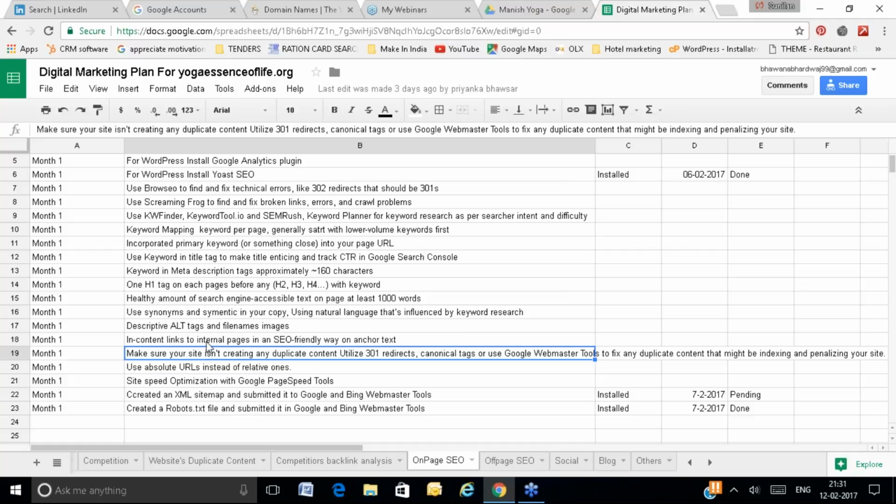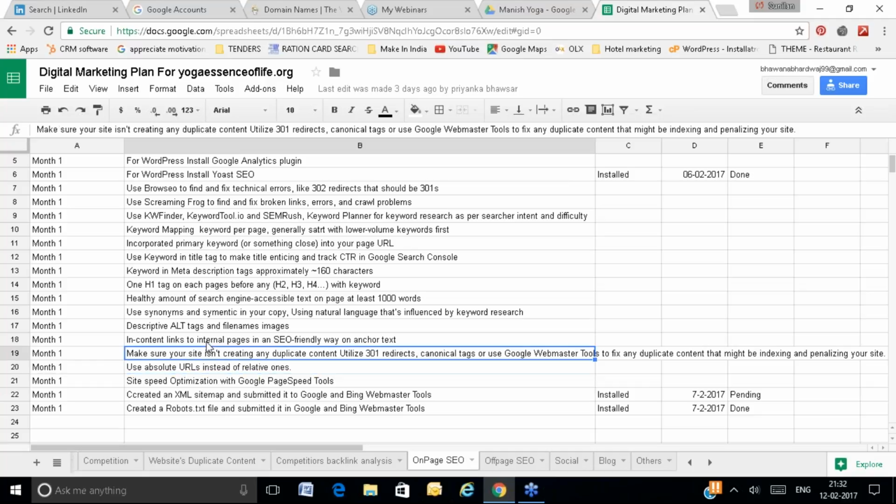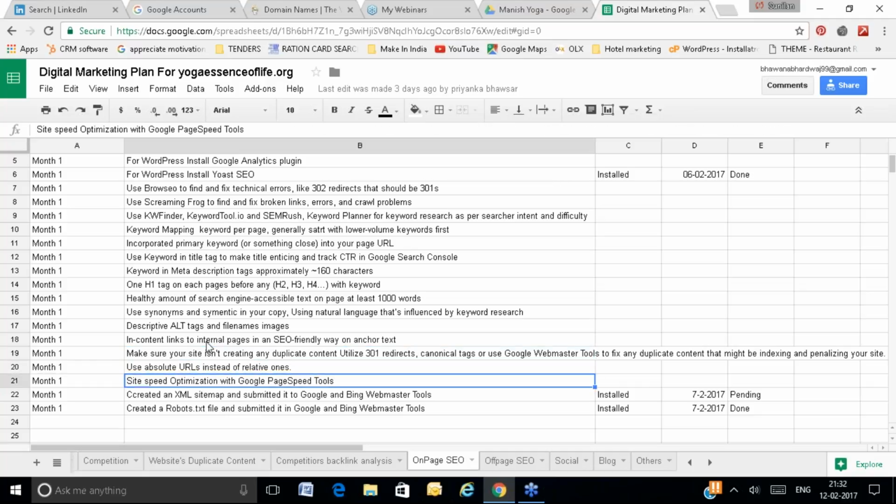And make sure you are not creating any kind of duplicate content within your website. There should not be any duplicate content within your website. If there is duplicate content, there is a way to fix it, and the canonical tag is the way to fix it. So if you have five duplicate variation pages, you will decide one page as the preferred one, and you will place that link as the canonical relation on the other variations. So you must fix your canonical link.